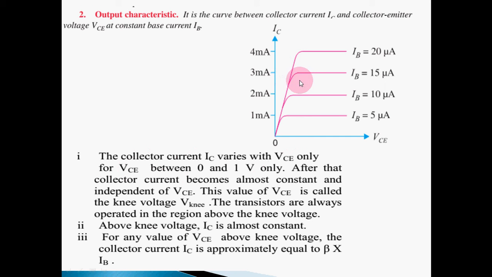If you draw a line here, you can find that the collector current IC changes when we increase VCE. Both current and voltage start from zero. As we are increasing the voltage, the current is also increasing, and when it comes up to 1 volt or 2 volt, then it becomes constant. This variation is only before 1 or 2 volt, and after this the current is almost flat. That means it has no relation with VCE.